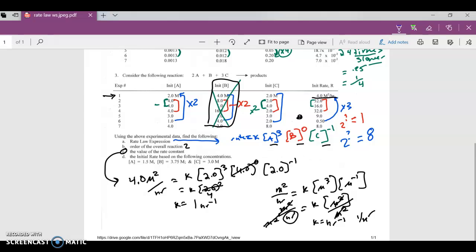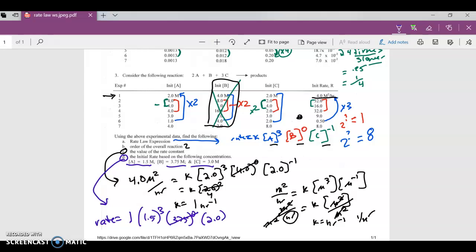And I got one last part here, my D. Kind of running out of space. The initial rate based on the following, I'm trying to find it. So I'm just going to plug in. I'm going to say rate equals, here's my K, which is 1. It gave me my A as 1.5, and it's cubed. My B, 3.75 to the 0. In other words, that doesn't really matter because it's just equal to 1. And my C, 2.0 to the negative 1. I'm just going to push buttons in my calculator to find the rate. I'm not going to do it in my head. You probably won't either. I got 1.1